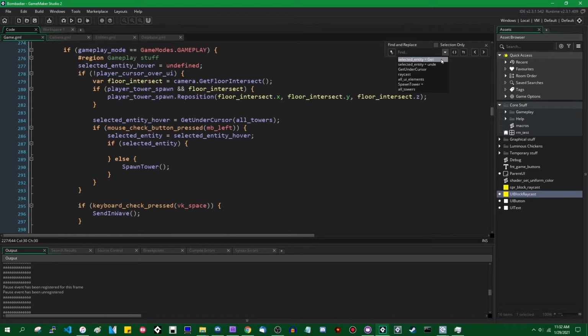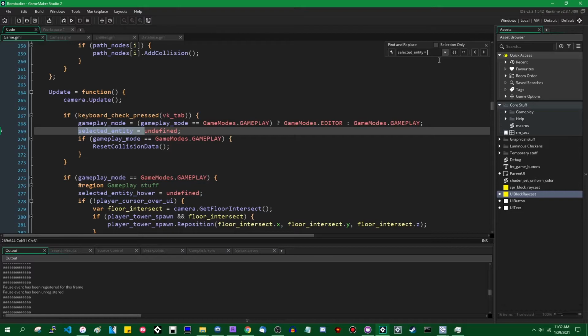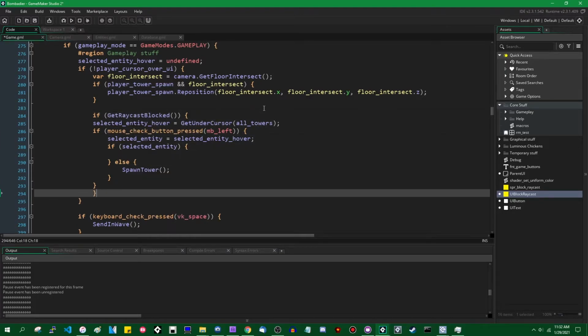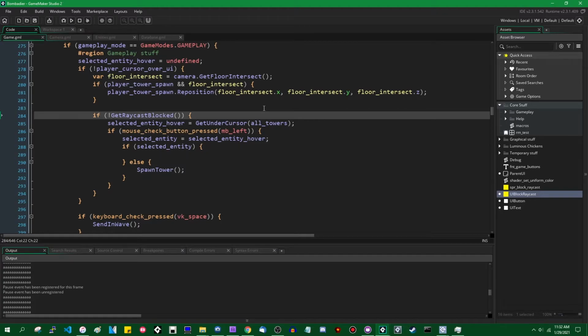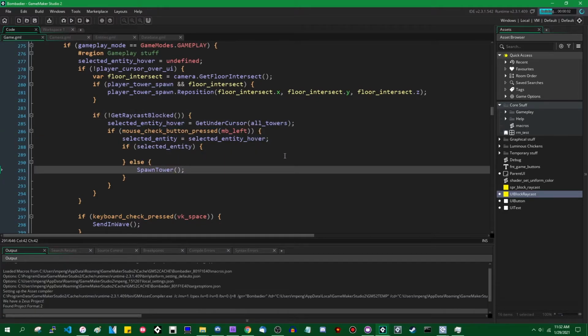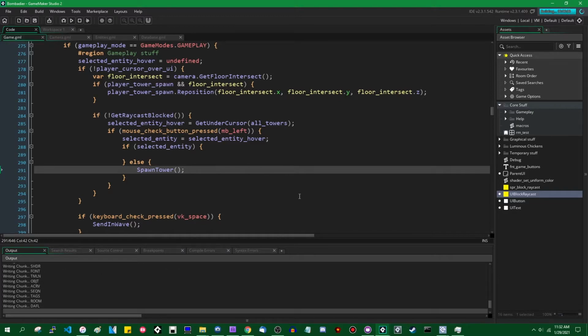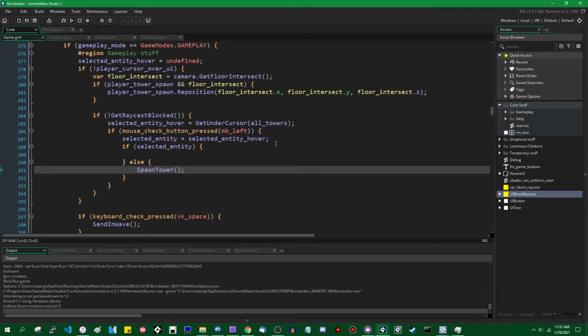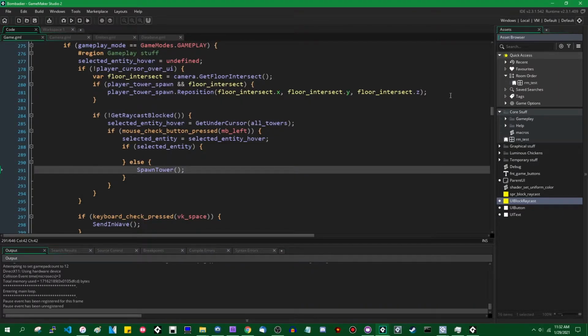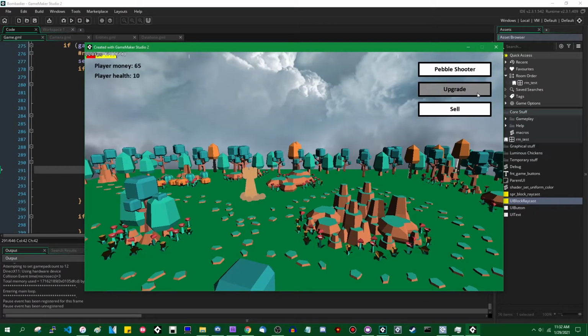Otherwise, here we go, if get raycast blocked is in this case false, we're going to negate the result of this. So if this method returns false, then we're going to do this, and that should mean no more attempting to spawn things or anything like that when you're in this menu. Okay, so now when I click out of the game window,